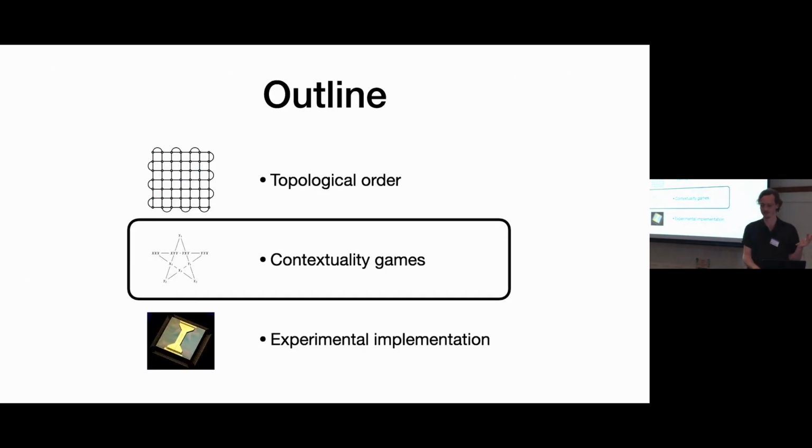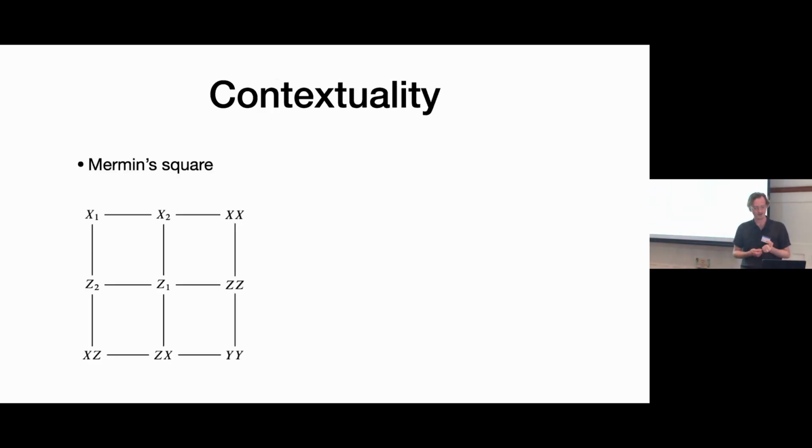Yeah. All right, now let me tell you a bit about contextuality and how you use that to make up some quantum games. So contextuality, the maybe slightly less famous but also super cool quantum resource compared to entanglement, is a nice way to formalize to what extent you can't attach a hidden variable to the outcome of a bunch of quantum measurements.